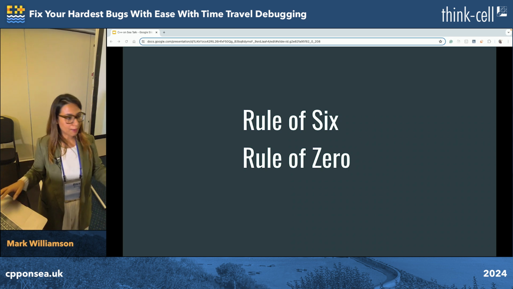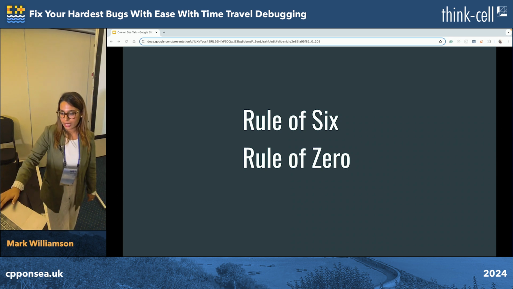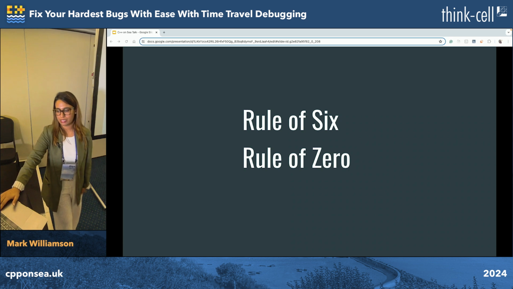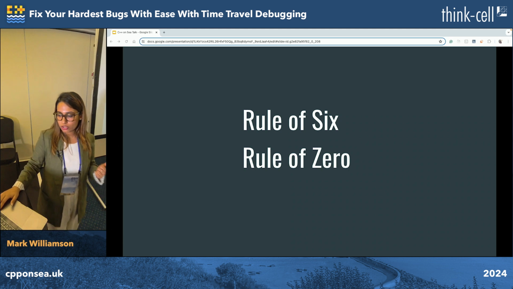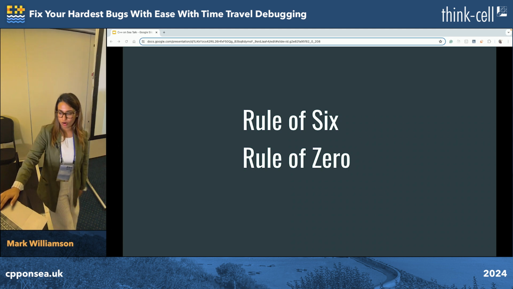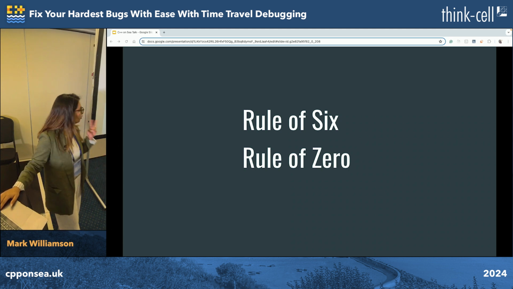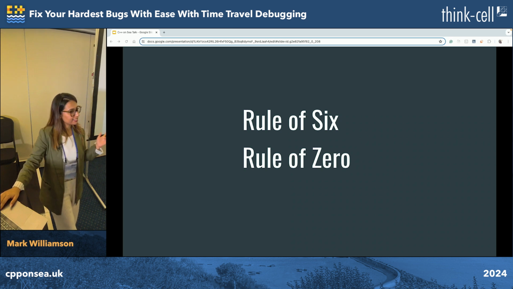And there are a couple of rules, if anybody already knows about that, that guide developers in C++ to write more robust, more maintainable and efficient C++ code. And these rules address the complexities of resource management. So we'll talk about 2 rules over here. We'll talk about rule of 6 and then we'll talk about rule of 0.